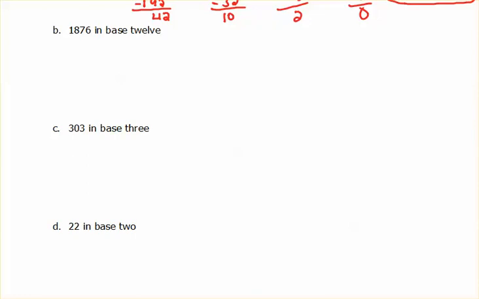1,876. That's our number. We want to change it over to a base 12 system. Okay, so think as we go. Our first position here is going to be 12 to the 0, so we're going to have something times 12 to the 0. Those would be 1s. Plus, our second position would be 12 to the first. Those are groups of 12. Then our next position would be 12 squared, which is groups of 144. And then our next position would be 12 cubed, and 12 cubed is